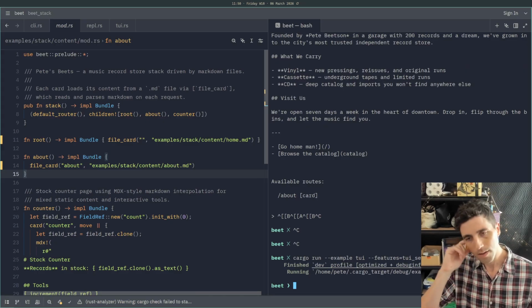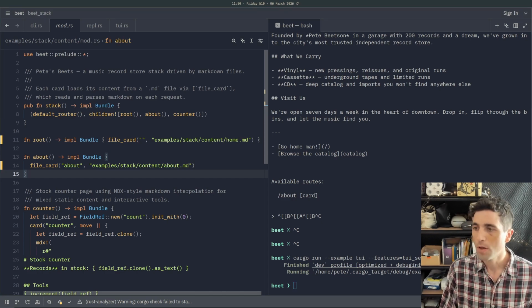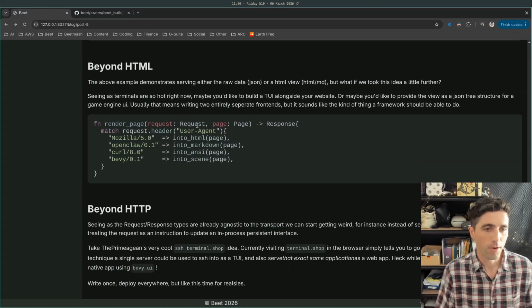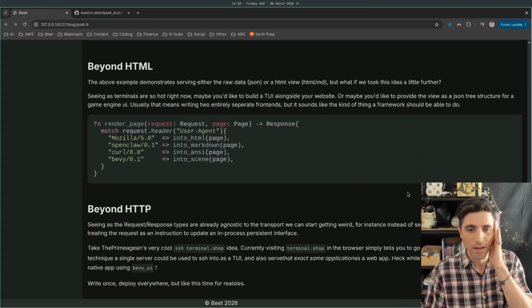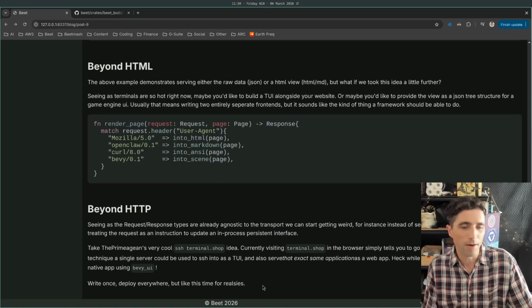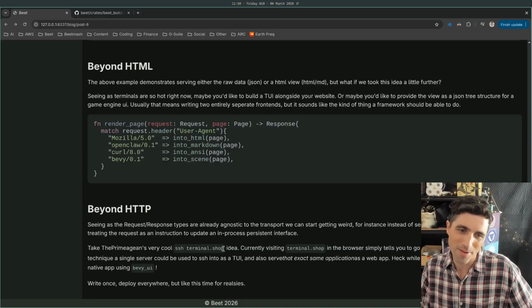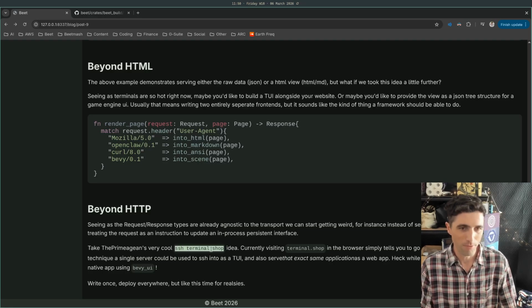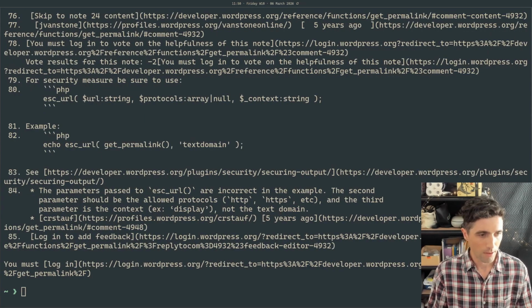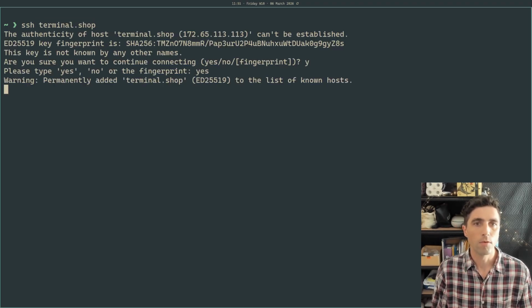Okay. Yeah, so that's pretty much it. That's what I've been playing with so far. Thinking about these things, beyond HTML, beyond HTTP, how far can we push these ideas? I talk a little bit in the blog post about terminal.shop. This is one of the Primeagen's projects. So for example, I wonder if this would just work. If I go to terminal.shop,